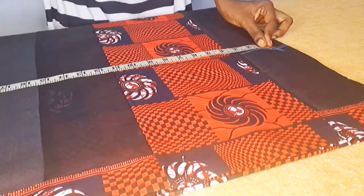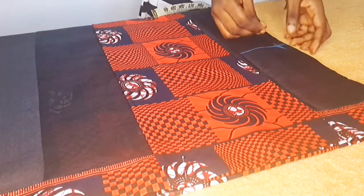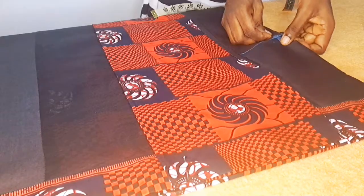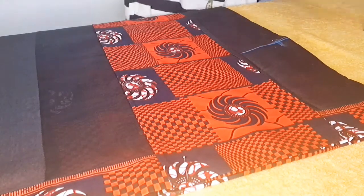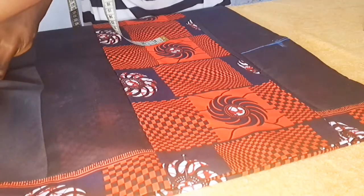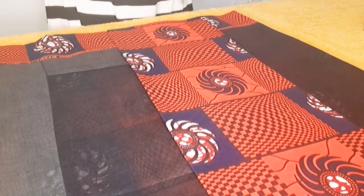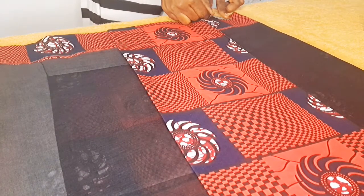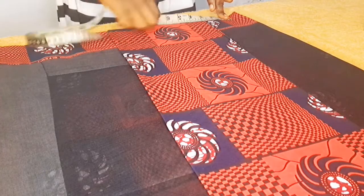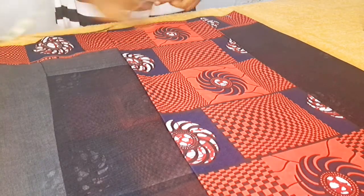So on the hip side too, you mark 1 inch and then you put in your measurement. Now some people can decide that on the waistline they will reduce the hip measurement by 1 or 2 inches. It's fine, but I prefer to use the same measurement for my waist and for my hip, because we will be putting in the drawstrings, the ropes. So over here,